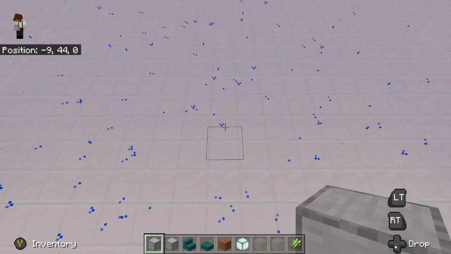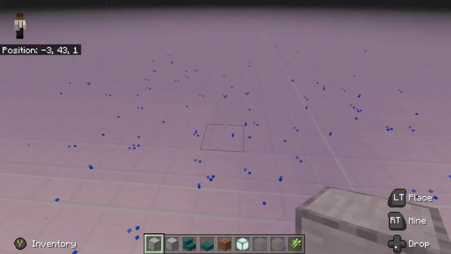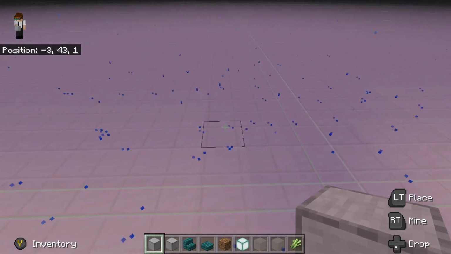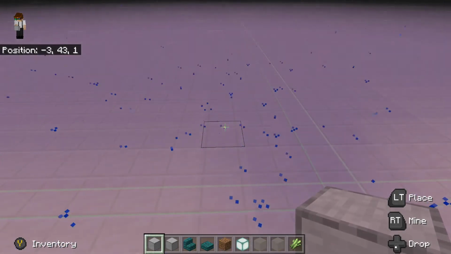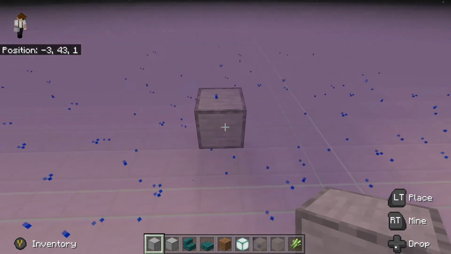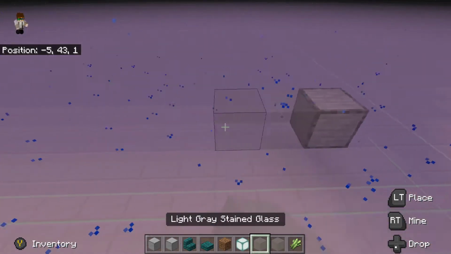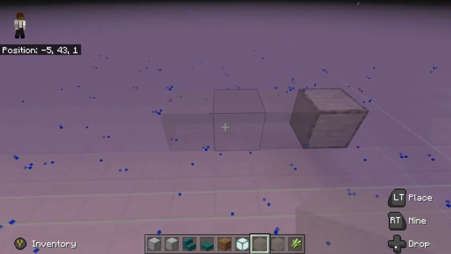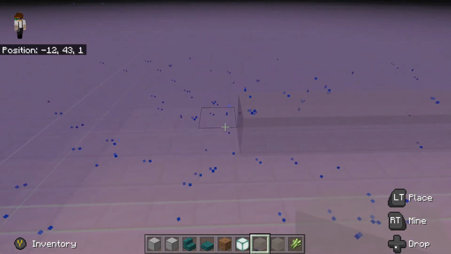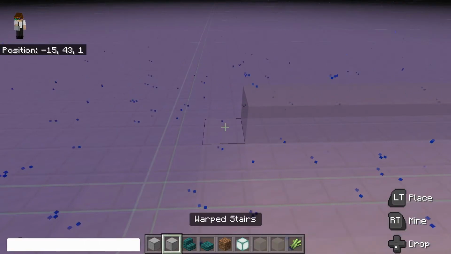So we're going to build it in this chunk right here. If you want to build this chunk aligned, what you can do is mark out your chunks like I have with this texture pack, and all I'm going to do is put a single block right here, 2 blocks from the middle of the chunk. If you're not doing this chunk aligned, you can just do as I do, put 1 block here, and then count out 11 blocks with your glass. So 1, 2, 3, 4, 5, 6, 7, 8, 9, 10, 11,